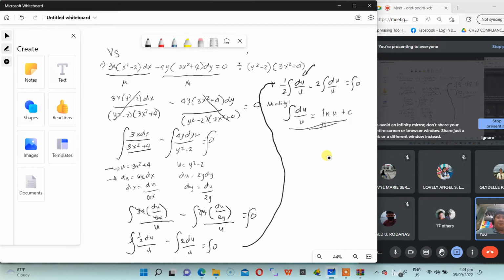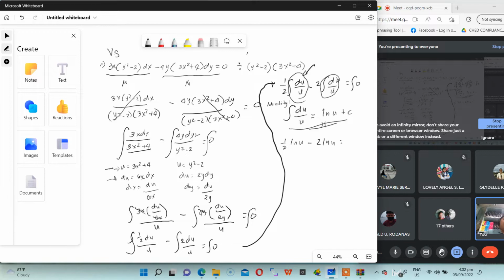So from there, since we have du over u, we could now integrate that one. So we have 1 half integral of du over u, that is 1 half ln of u, minus the integral of du over u, that's still 2 ln of u, equals